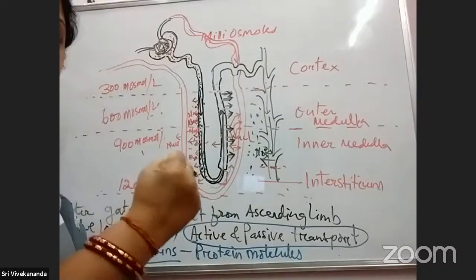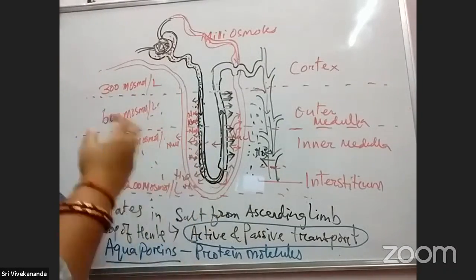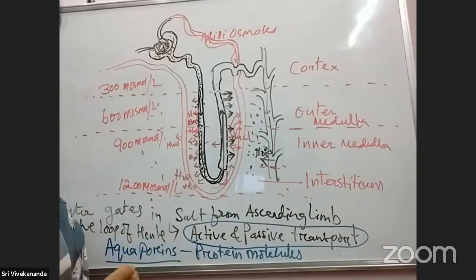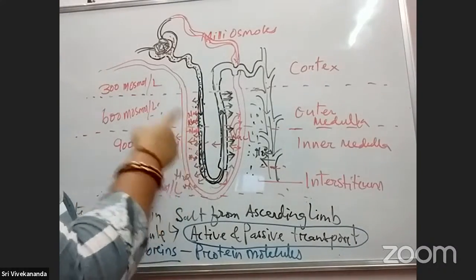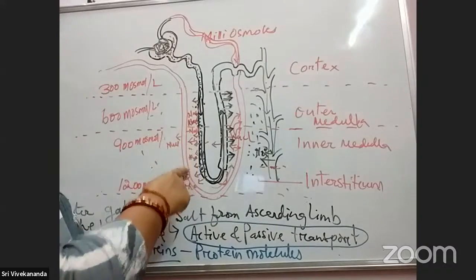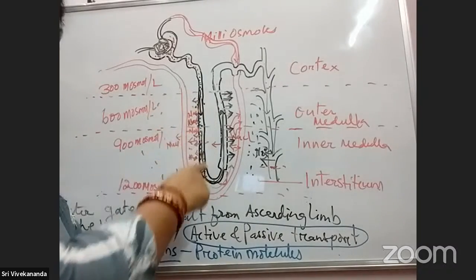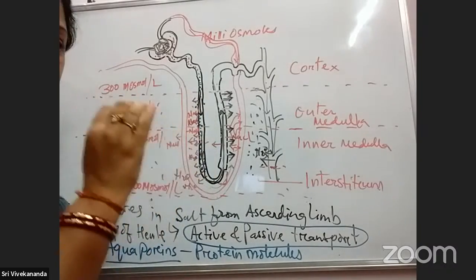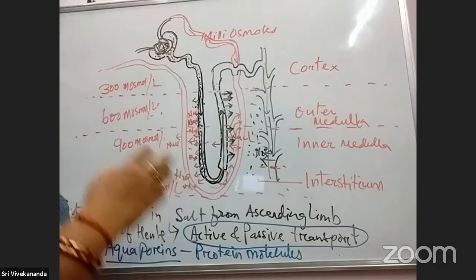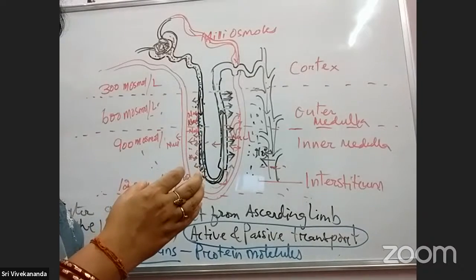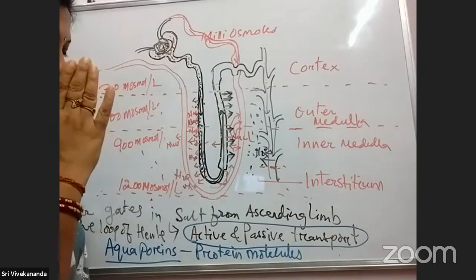But at what condition is it removing the water? It needs a salty interstitium here. So the tissue which is surrounding this descending limb must be very salty. That means it must be hypertonic. Clear? So the outside